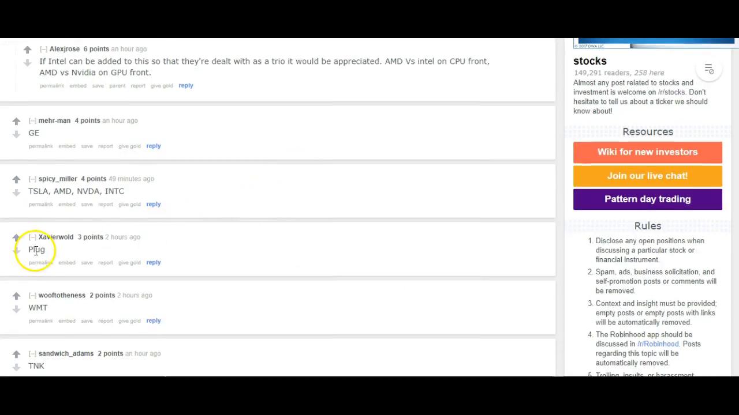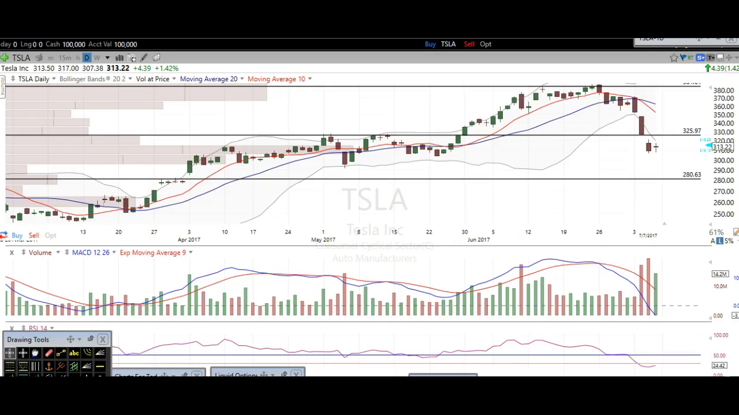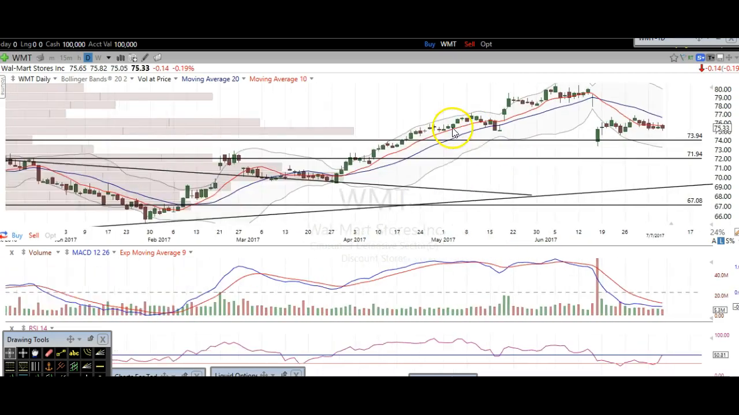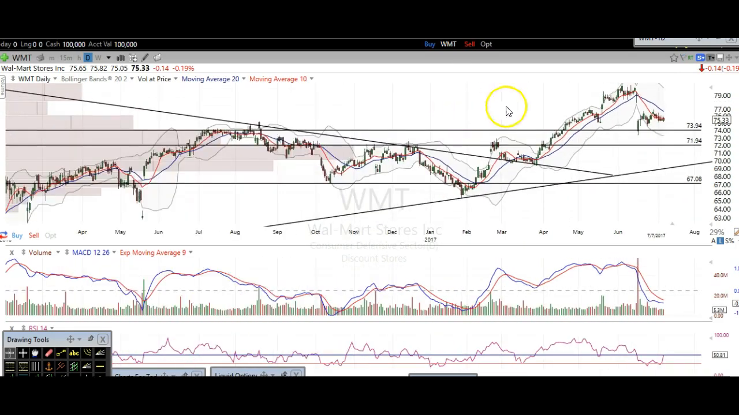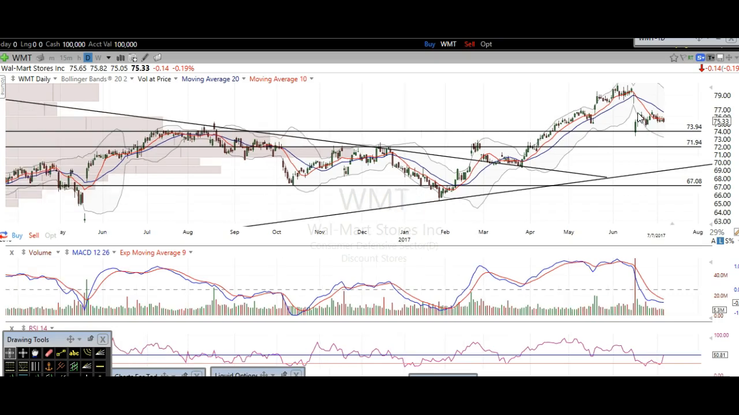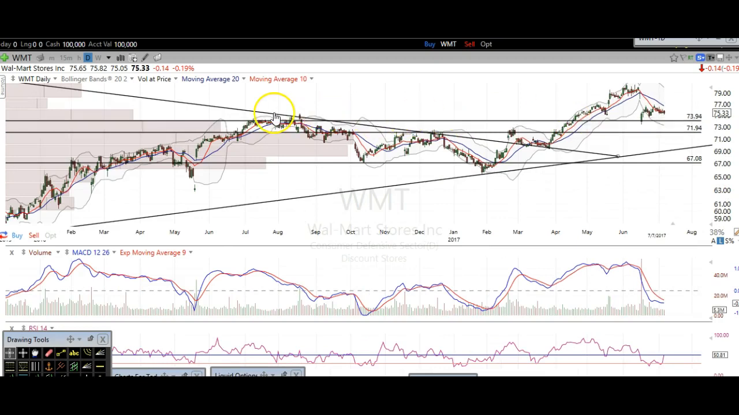Let's see. Plug, I'm not going to cover that for obvious reasons. Walmart, we can look at. Walmart, as you can see, came down here. It dropped here in response to the news of Amazon buying, what did they buy? Whole Foods. They bought Whole Foods. So kind of a silly drop, in my opinion, but look at where we bounced, right